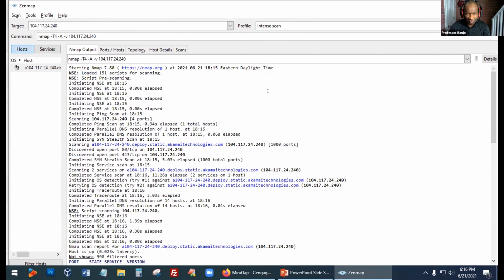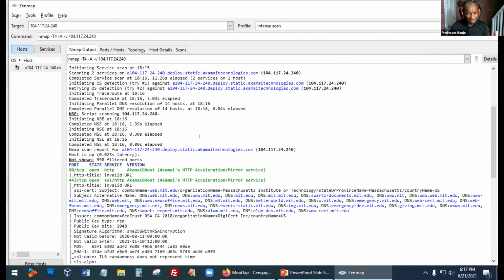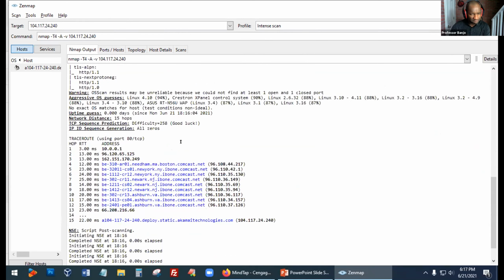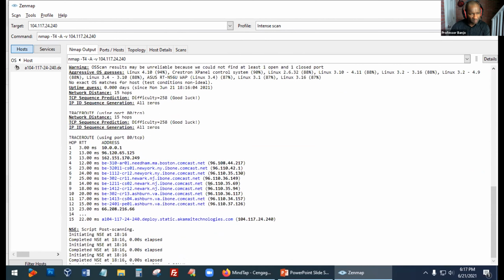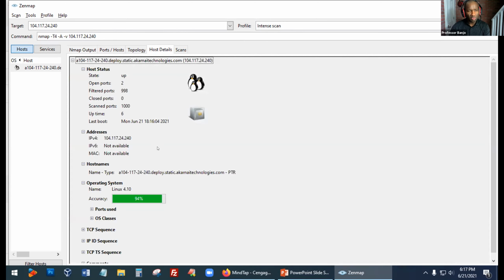I'm not even sure what IP address that is, but using a tool like this, if you guys are able to see this at all, it might be so tiny. It's going to give you an idea of maybe open ports in the network, right? Let's see what we can see here. If I go to host details, host details would give me an idea of what open ports are available.